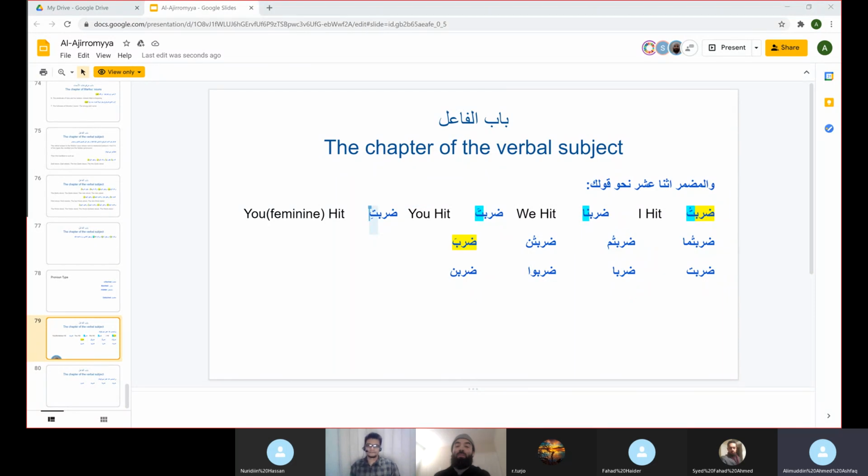And in Arabic, we actually differentiate. You is not general to both genders. In Arabic we have a specific you for females and a specific you for males. So if you have a ta and a fatha on top of it, that's for males. And if you have a ta and a kasra at the bottom of it, that is for females. Does that make sense?